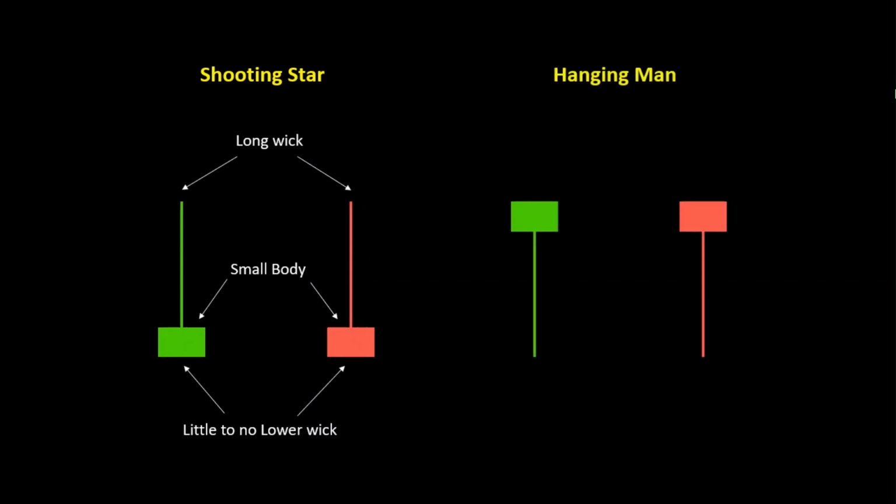Another bearish candlestick pattern is the hanging man. This pattern has a small body near the top, a long lower wick, and little to no upper wick. Like the shooting star, it also appears at the top of an uptrend and suggests a possible shift in momentum from buyers to sellers. The long lower wick shows that sellers tried to drive the price lower during the session, and although buyers pushed it back up,